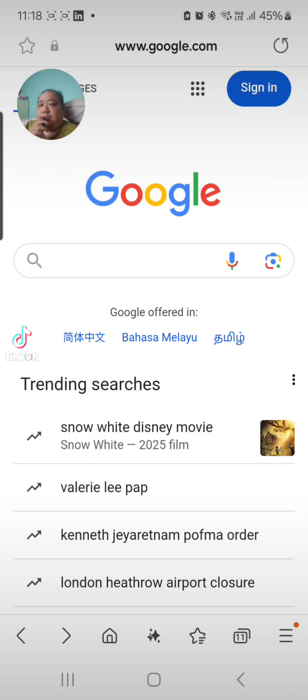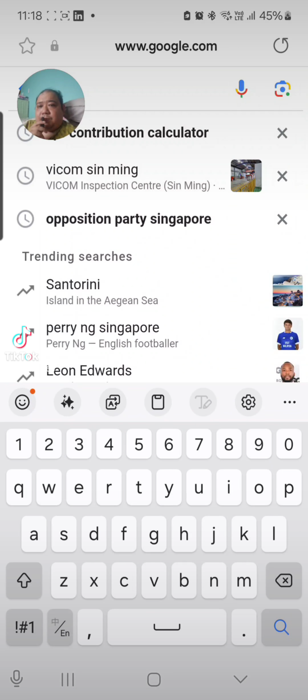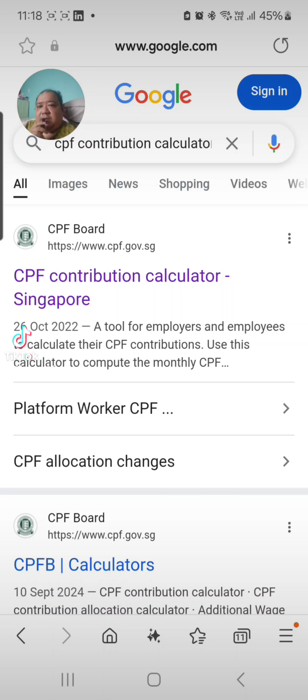So there's a calculator from the CPF website. First of all, you use Google for easy access. You find the CPF contribution calculator. First of all, you must know how to see if it is the right official site. Best of all, you must know that this is an official government website, www.cpf.gov.sg. The domain says that this comes from CPF and it's the Singapore government. So to make it simple,